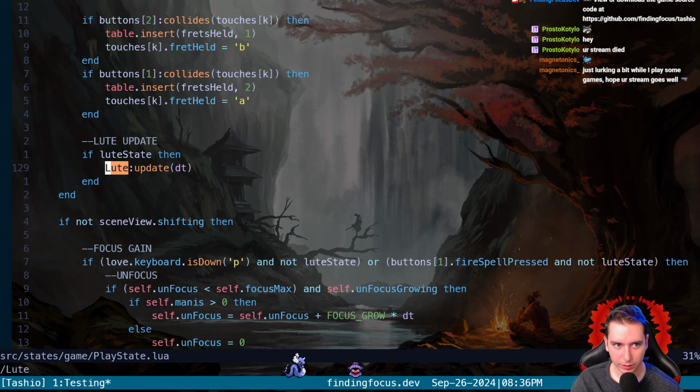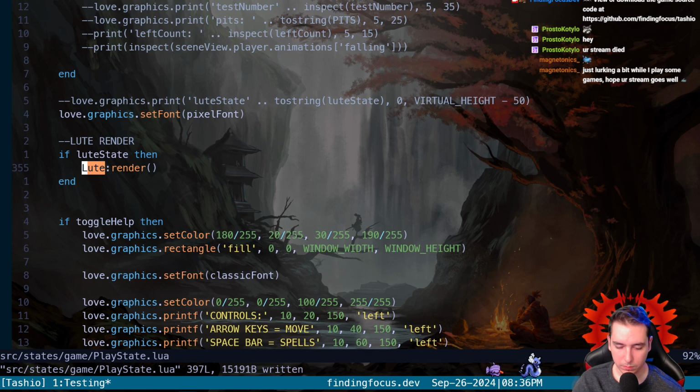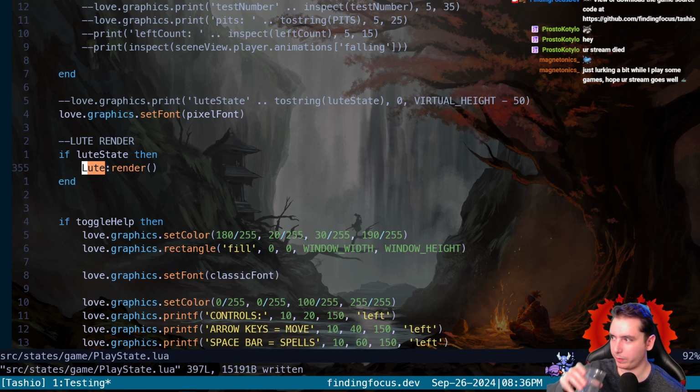But now we're toggling either updating or rendering it instead of just doing it in our play state, clogging it up. So, let's see if we crash. I bet 98% chance we crash.